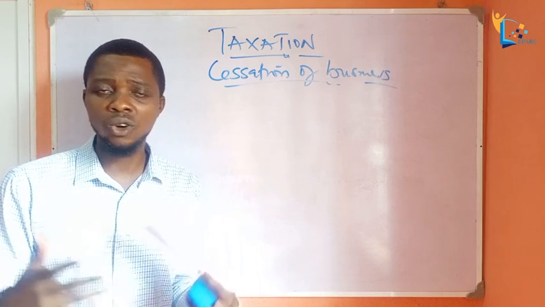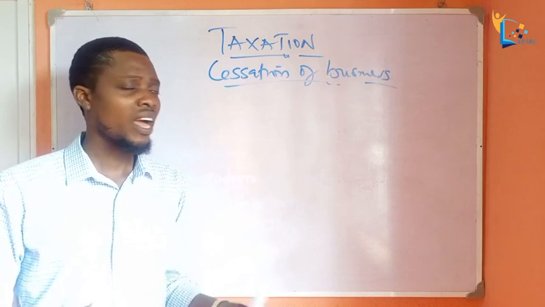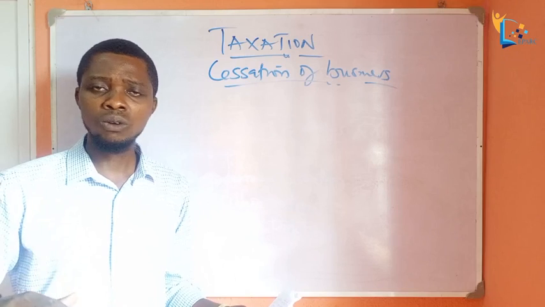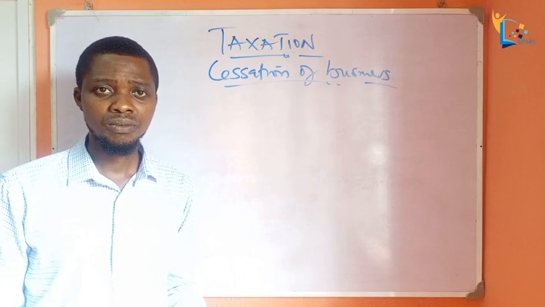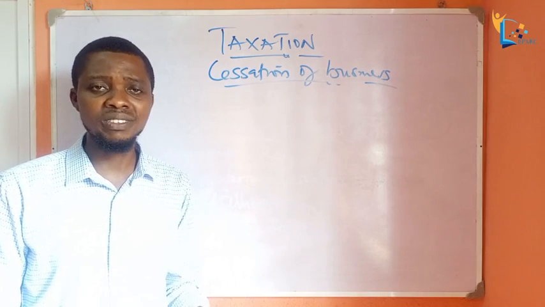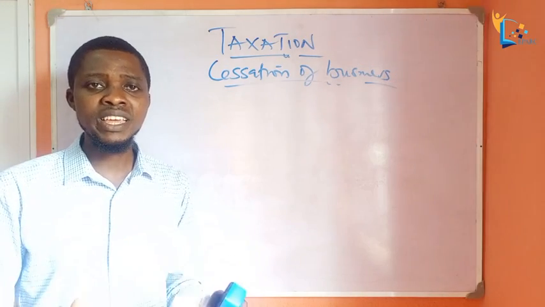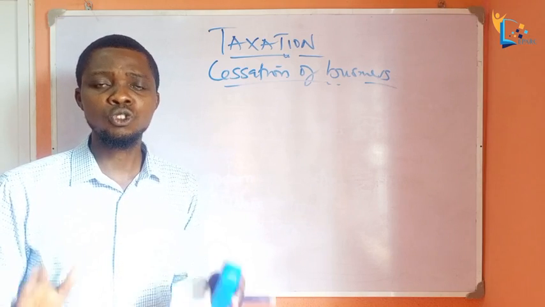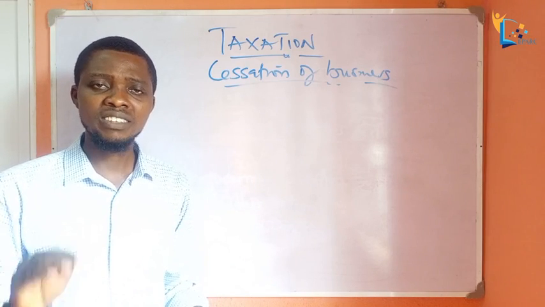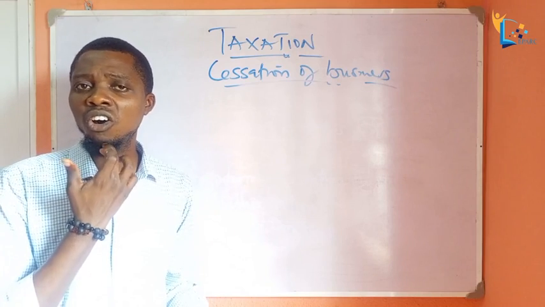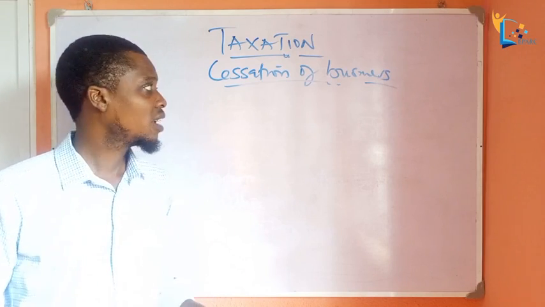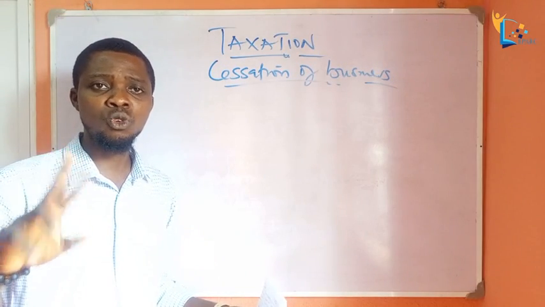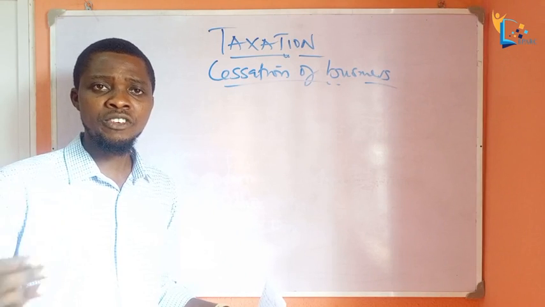It can be economic or any other reason. I can say, okay, I want to stop operation, maybe on a given date or immediately. Basically, cessation of business has to do with bringing a business operation to a stop. Section 25 of the Personal Income Tax Act gave some rules that guide the 2 years period to cessation of business.